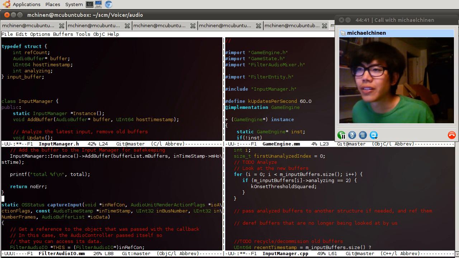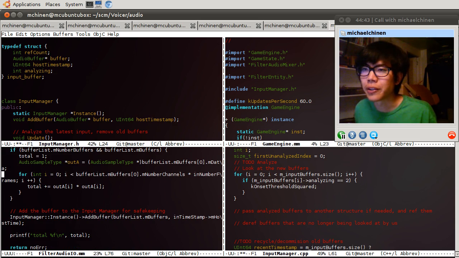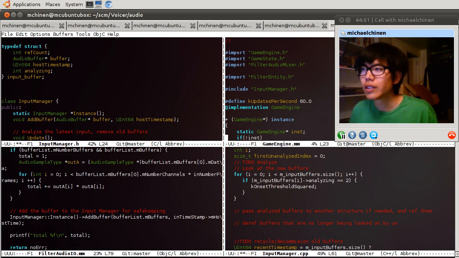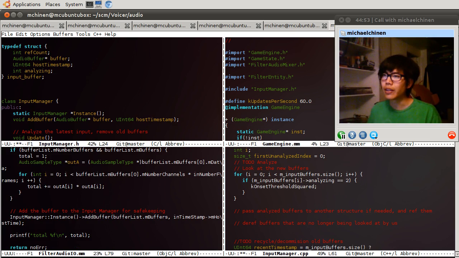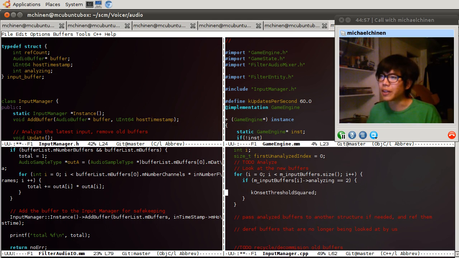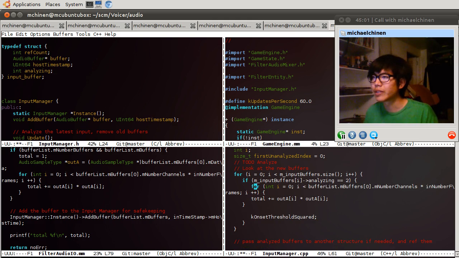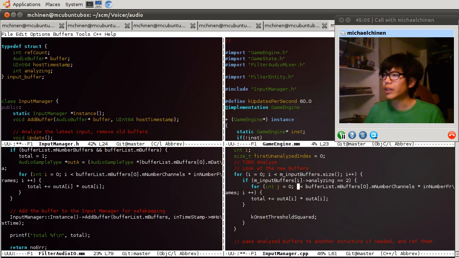Where did it go? I think it's right here. Yep. So this is a stereo channel. Probably shouldn't be a stereo channel, but for now, really who cares? Alright. I'm doing the very scary thing of changing